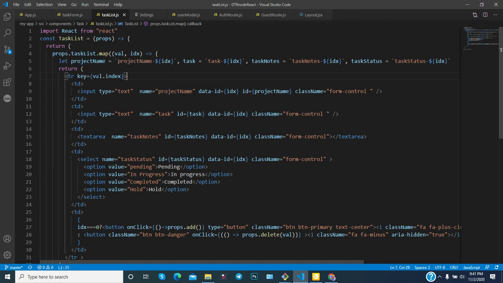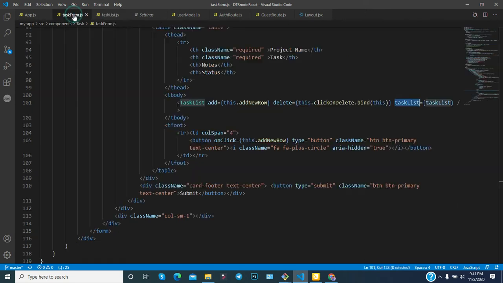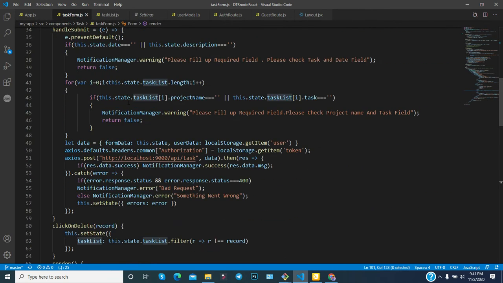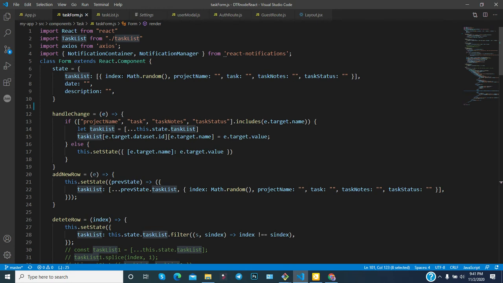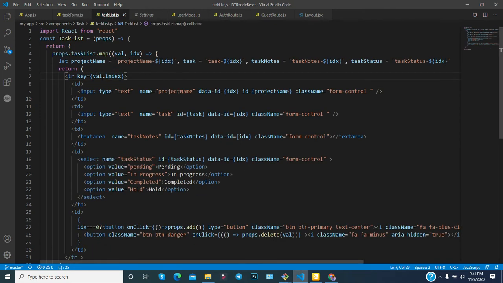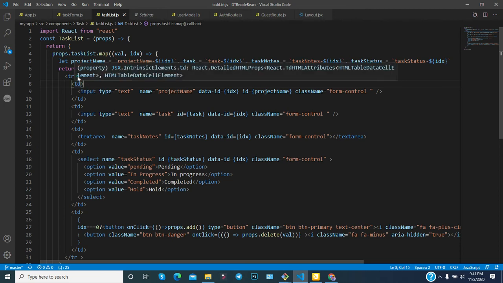Now key is equal to val dot index. If you do this, then you can notice index is always unique, so you will get a unique value, and the key should be unique. It is very important, because React has some difficulty identifying unique values.